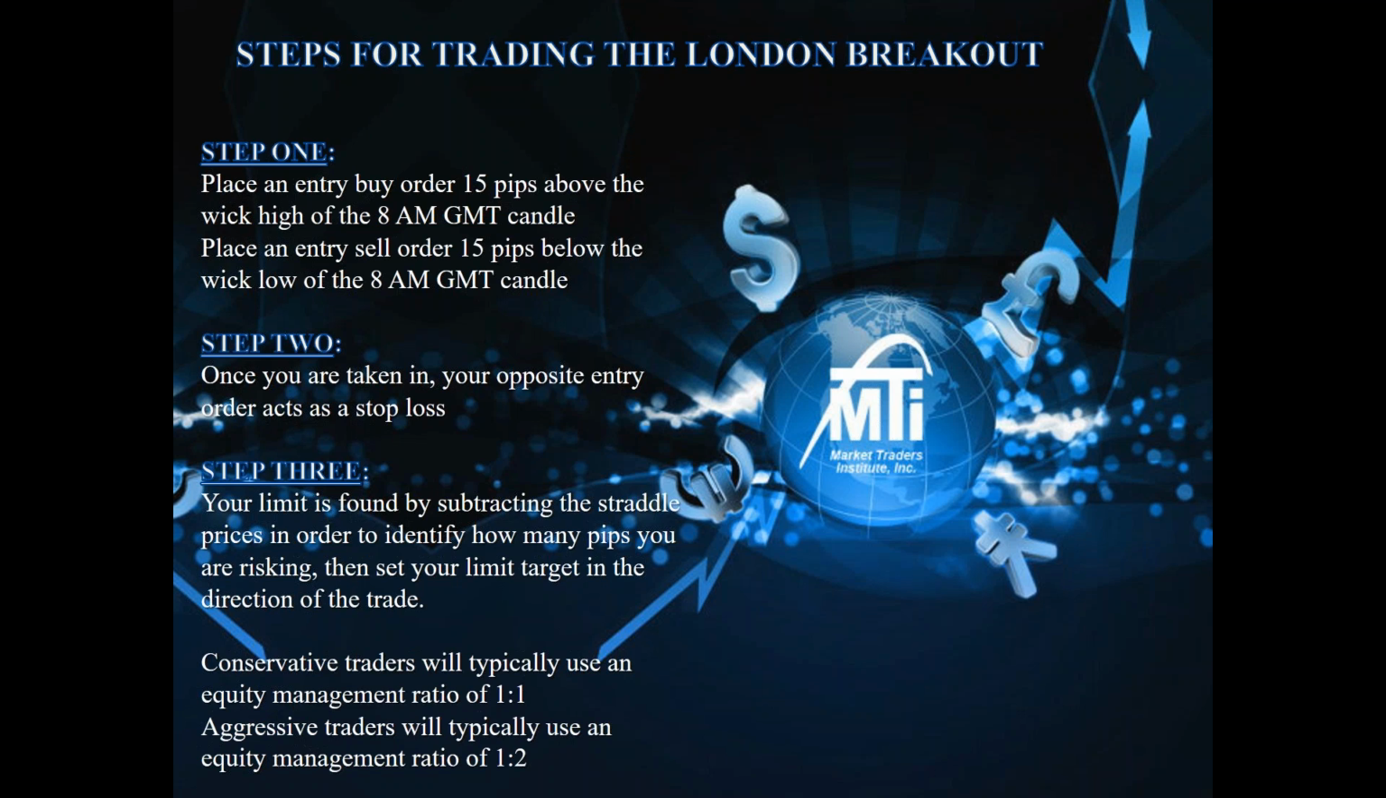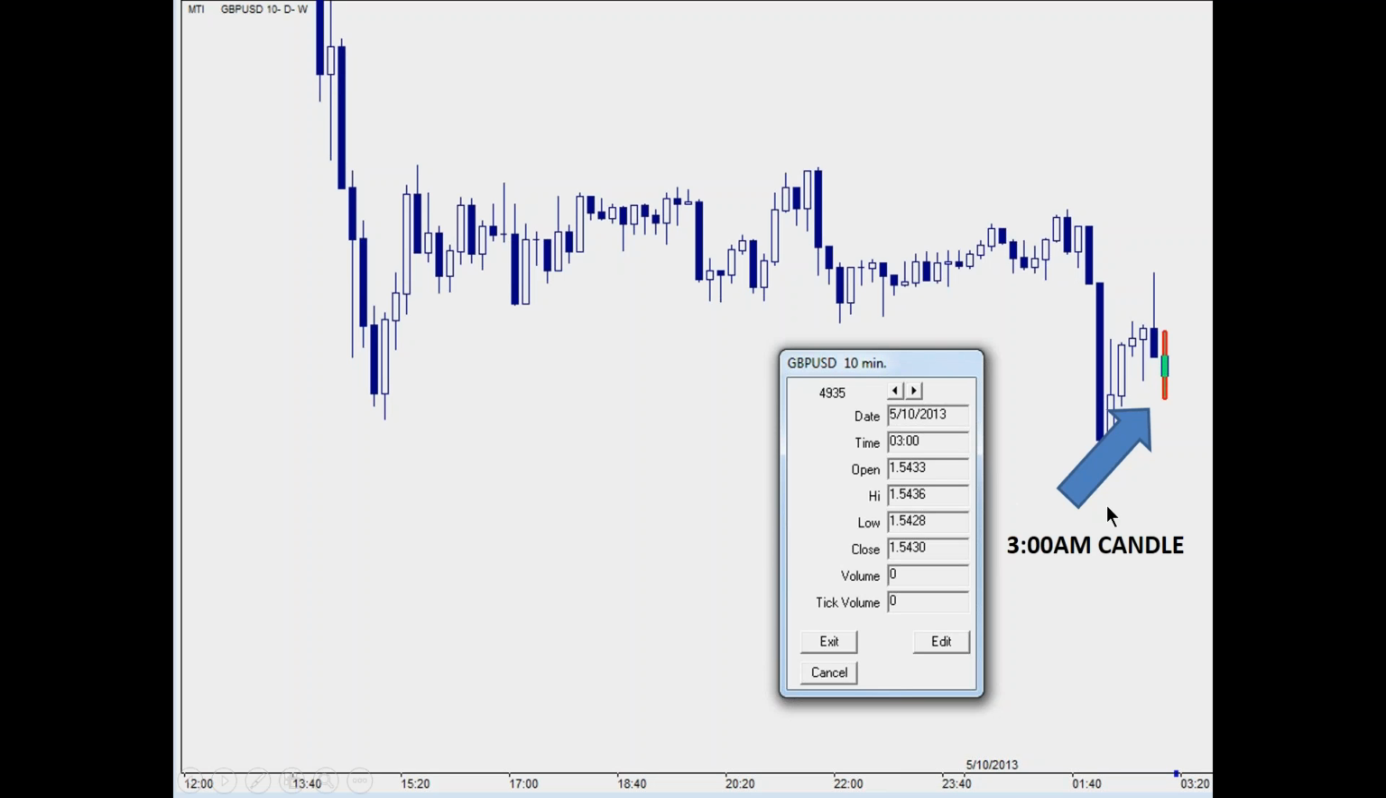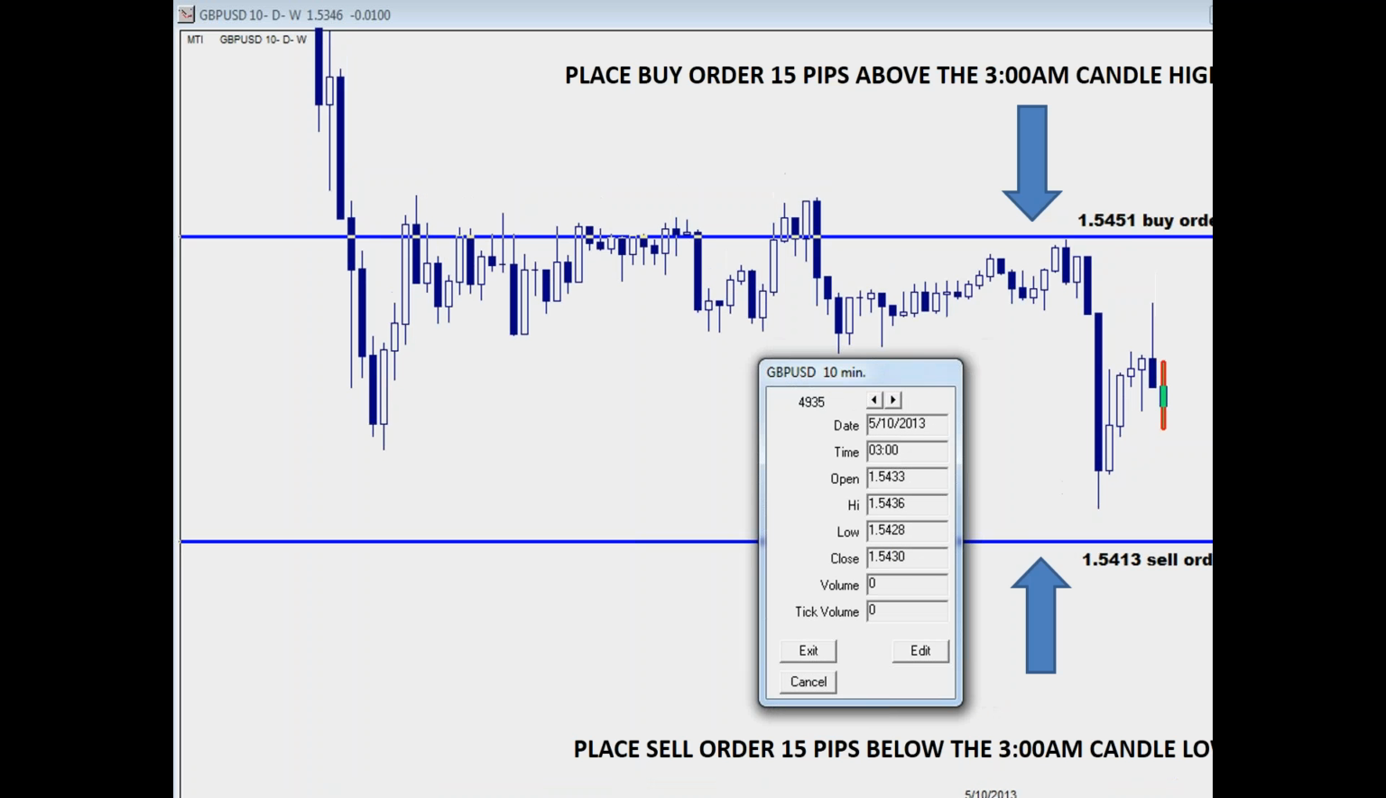Okay, so here's how this typically plays out. We've got the 8 a.m. GMT candle, in this case 3 a.m. Eastern time. Once that candle appears, we'll look to place the values 15 pips above that candle wick's high and 15 pips below that candle wick's low. Once we have those lines placed, 15 pips above for the buy, 15 pips below for the sell,